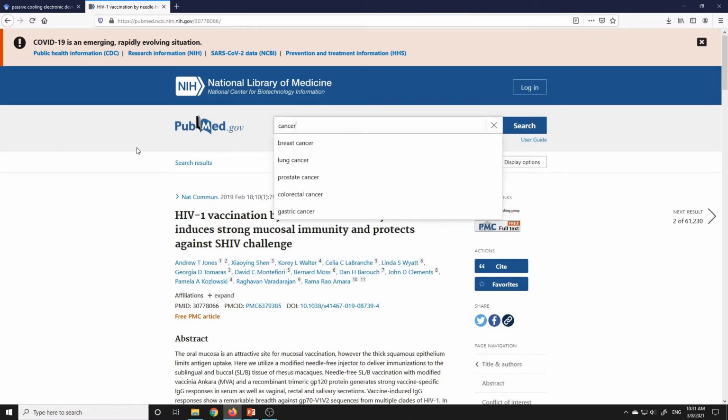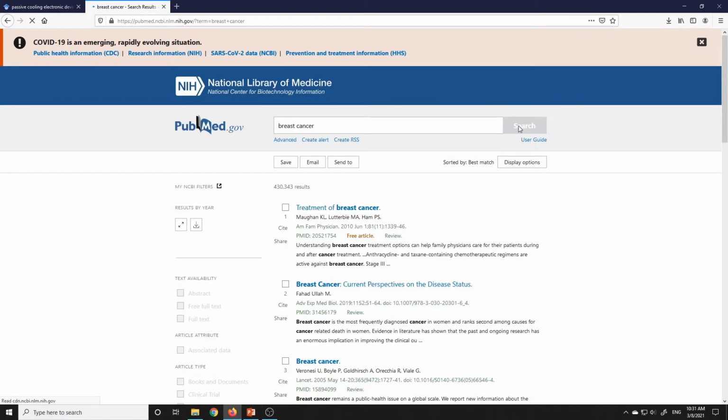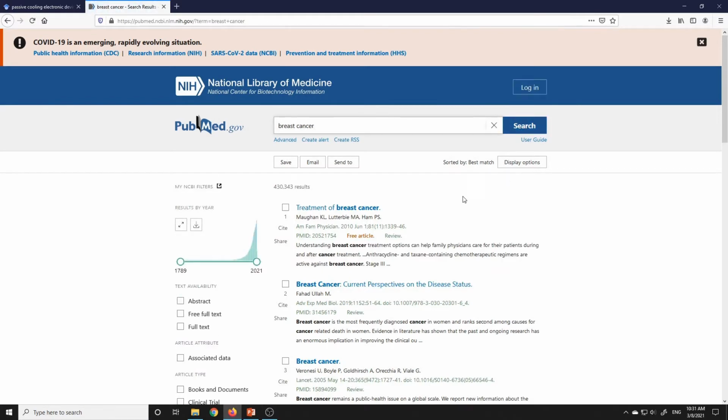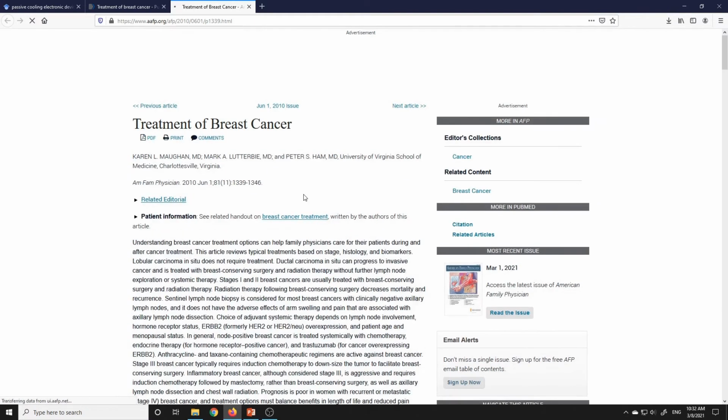HIV community, cancer. Breast cancer is a very, very serious problem for a woman. Let's see treatment for breast cancer, and cite full text from FP. Actually, I have never used PubMed. I'm from an engineering background, so I have always used Google Scholar and everything, not this one.